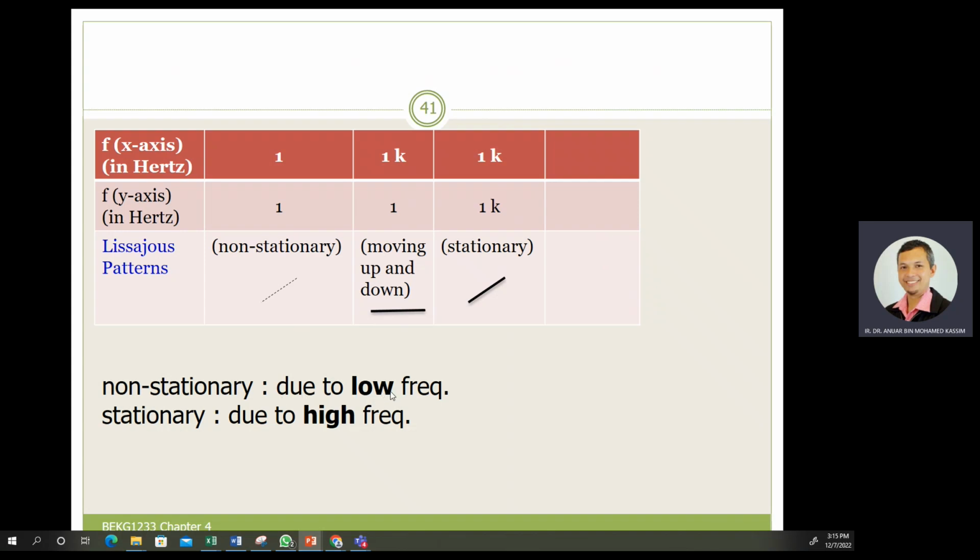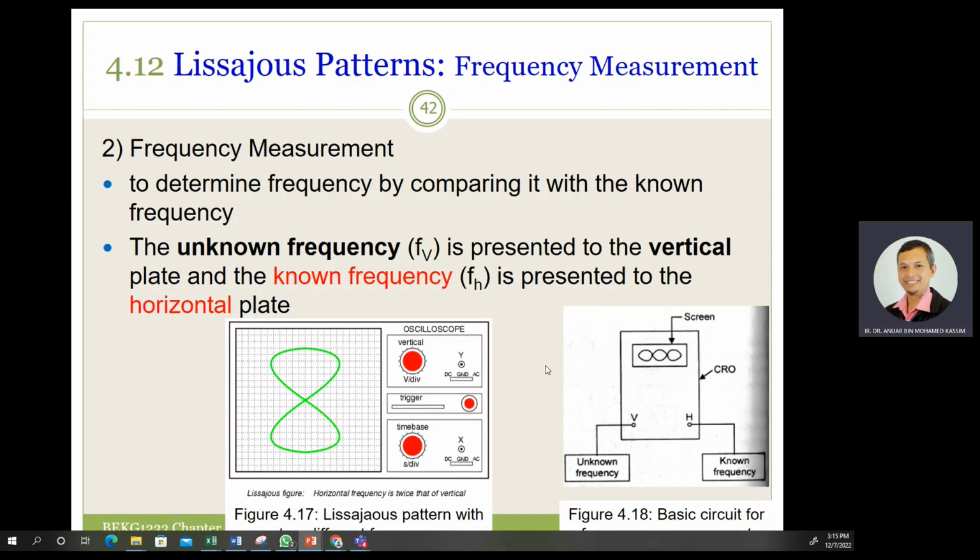Okay, non-stationary patterns happen due to low frequency, while stationary patterns are due to high frequency of the electron beam moving. Okay, for the Lissajous pattern frequency measurement, this is to determine the frequency